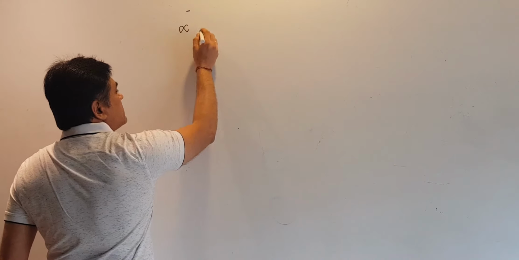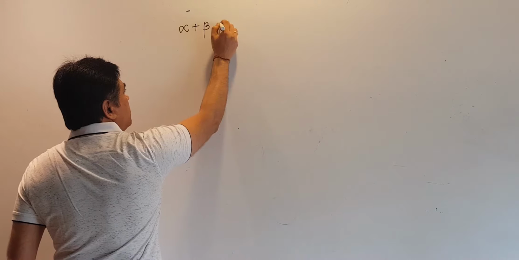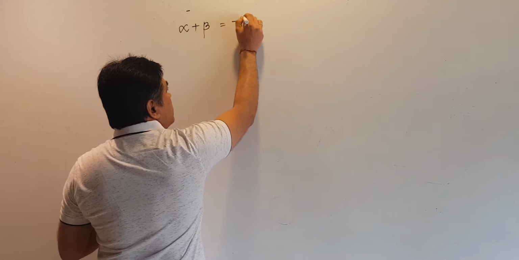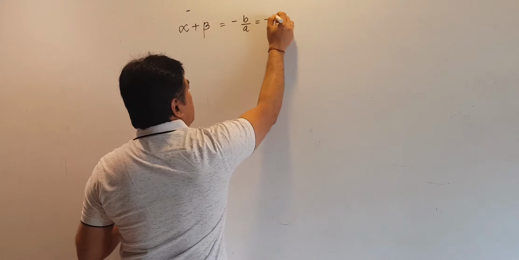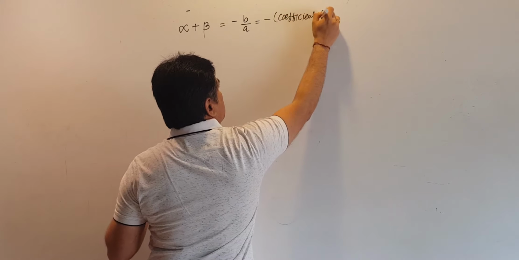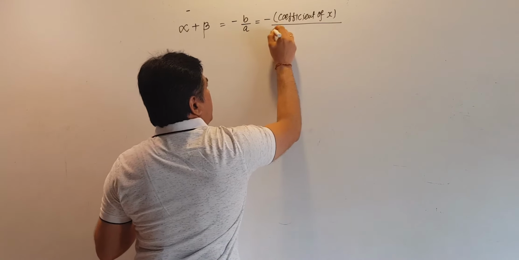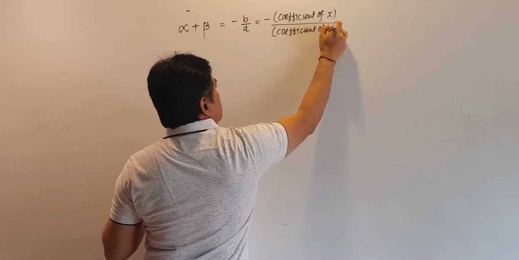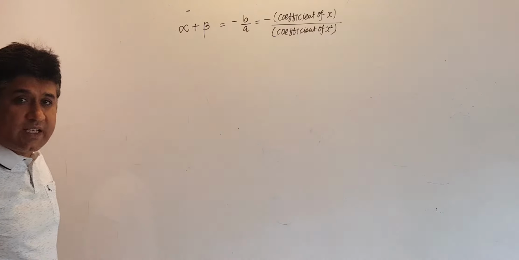In the last period, friends, we learnt about the relationship of the zeros of the polynomial with its coefficients, and we have seen this formula that if one of the zeros is called alpha and another zero is called beta, both are Greek alphabetical letters, right? So alpha plus beta would be minus b upon a. So minus b is what? Coefficient of x, and a is what? Coefficient of x square. Please do write once again in your notebook.